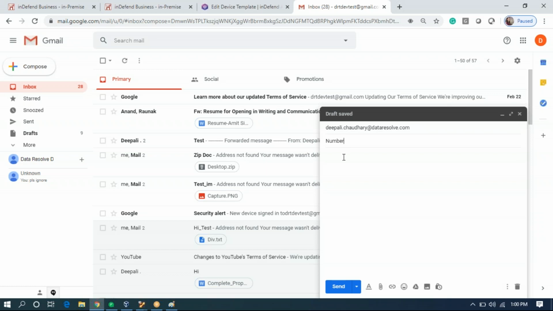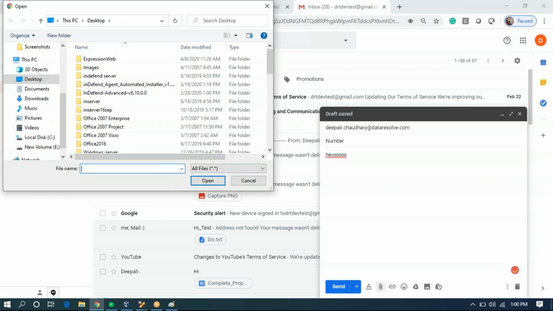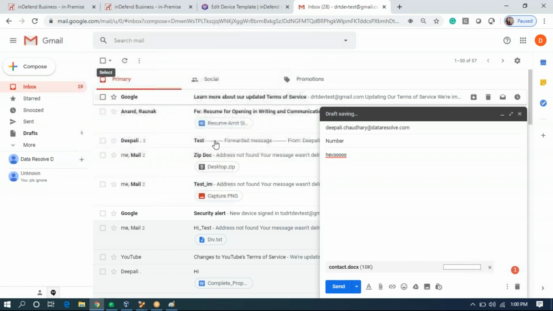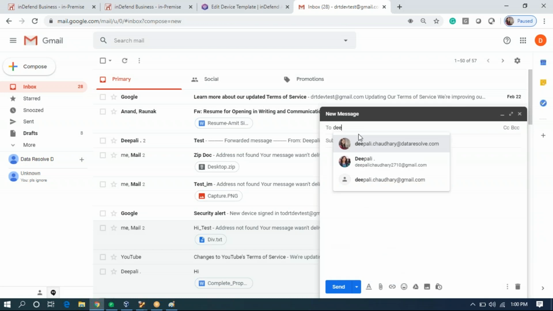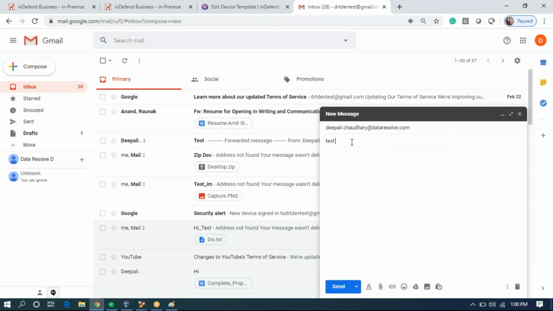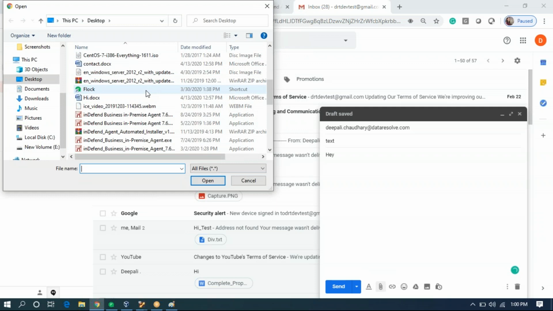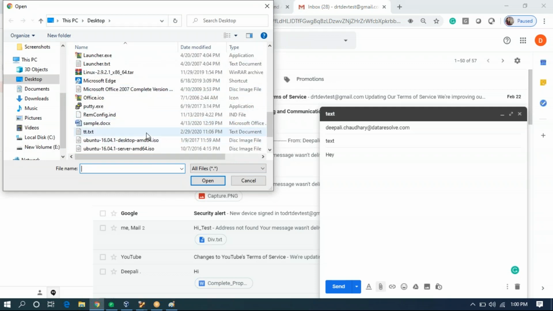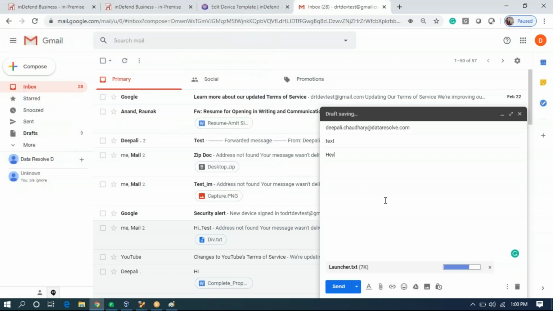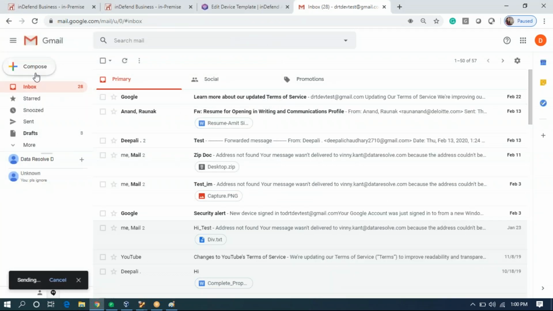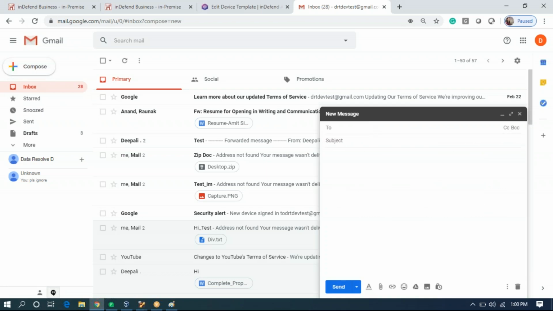Then we'll send the document with the sensitive number. Then we'll send an email with a text document. And then we'll send a normal document.